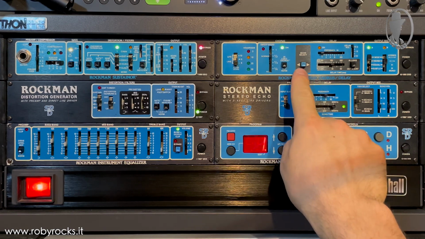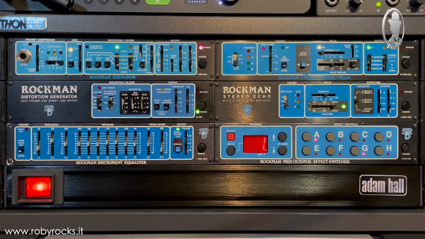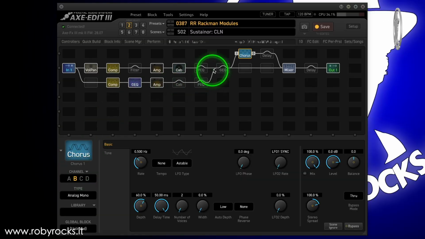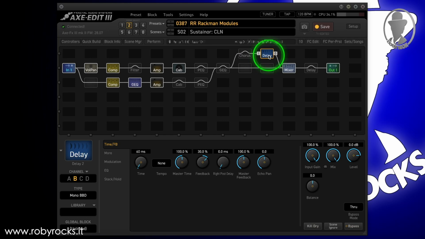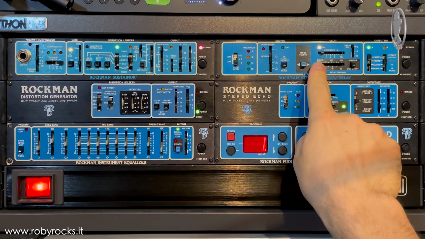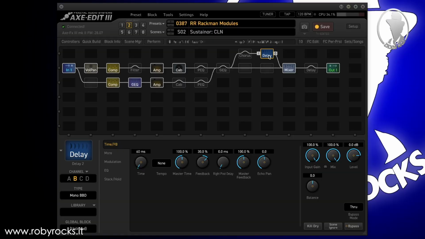With the Mode Select button, we can choose to use the stereo chorus in chorus mode or delay mode. To do this, simply turn off the chorus block and activate delay block 2. In this mode, the modulation oscillation is off and we can simply select the delay of the left channel from a minimum of 20 milliseconds to a maximum of 200 milliseconds. To do this, just adjust the time control.